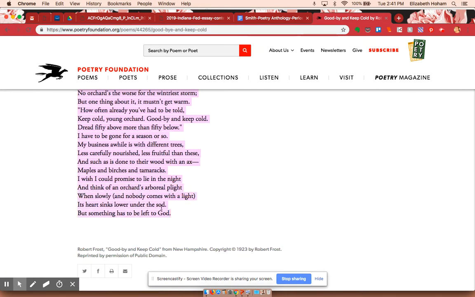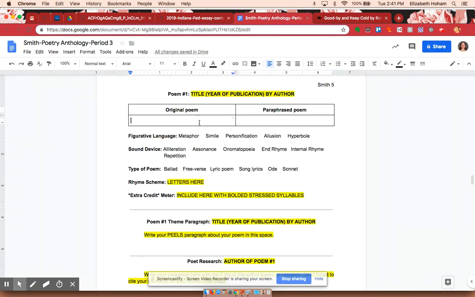The way you would do that on an iPad is you would push with your finger and hold over the text until the select button comes up, and then you'll select the text before you copy it. On a computer, you can either right-click and copy, or you can use the Command-C or Control-C shortcut. Then I'm going to go back to my Google Doc, and in the left-hand column, I am going to paste